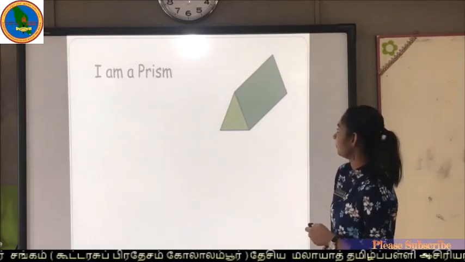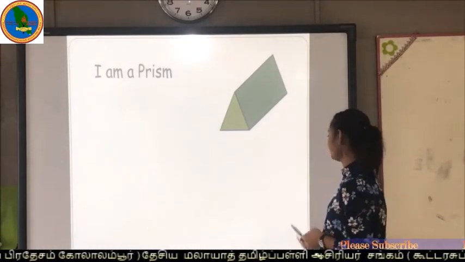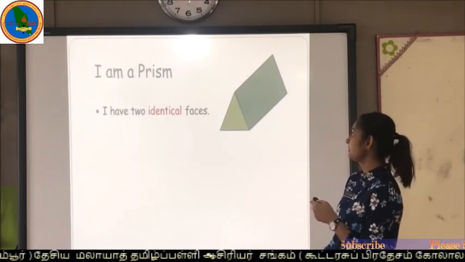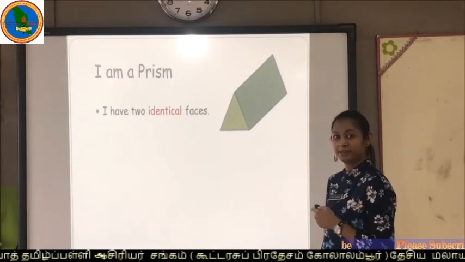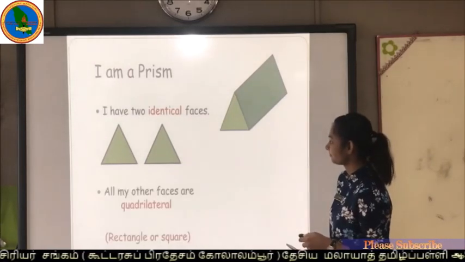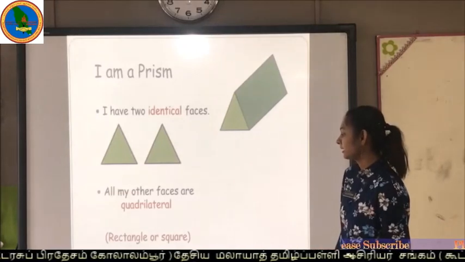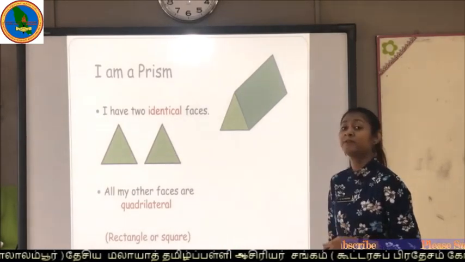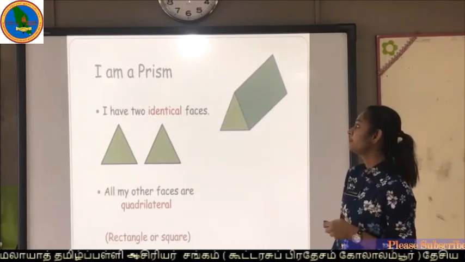I am a prism, because this is a triangular prism. Because I have two identical faces. Yes, both faces are triangles. Can you see here? All my other faces are quadrilateral, rectangle or square. They have the same faces and they have flat surfaces. That makes a triangular prism a